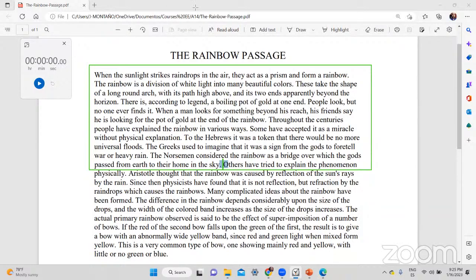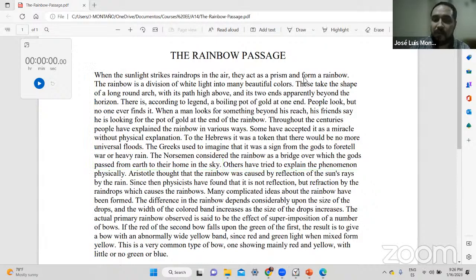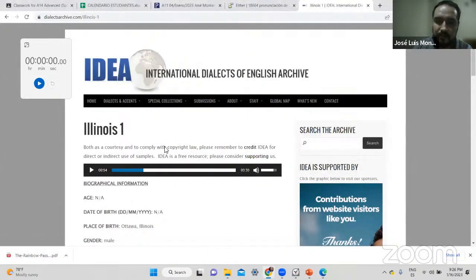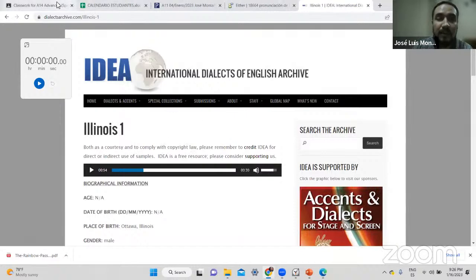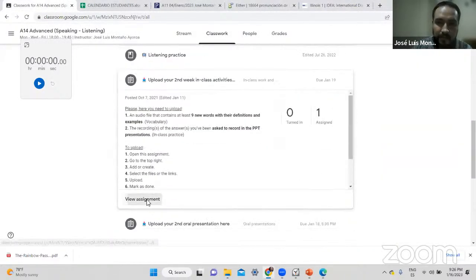Teacher, can you see my file? Okay, let me verify. I'm also going to listen, and with that, we're going to finish today. We have more strategies, but we're going to try to cover most of them on Wednesday, and the rest of them are going to be for you directly, okay? But it was important to show you these web pages and practice with that. Now, let me check if I see your file.